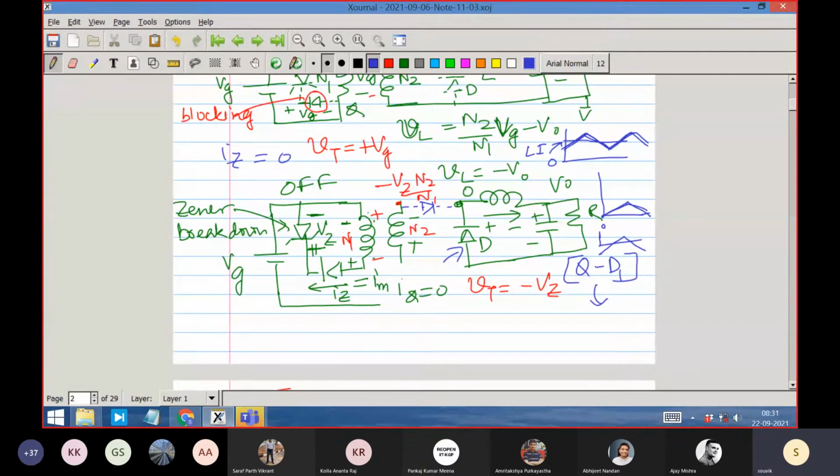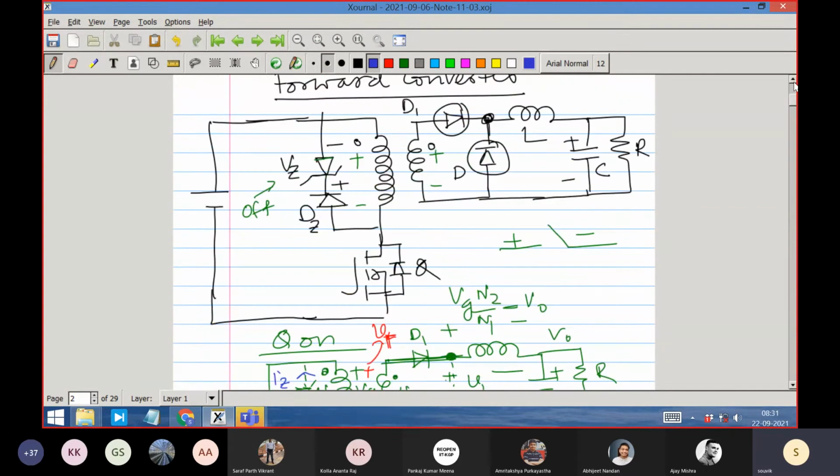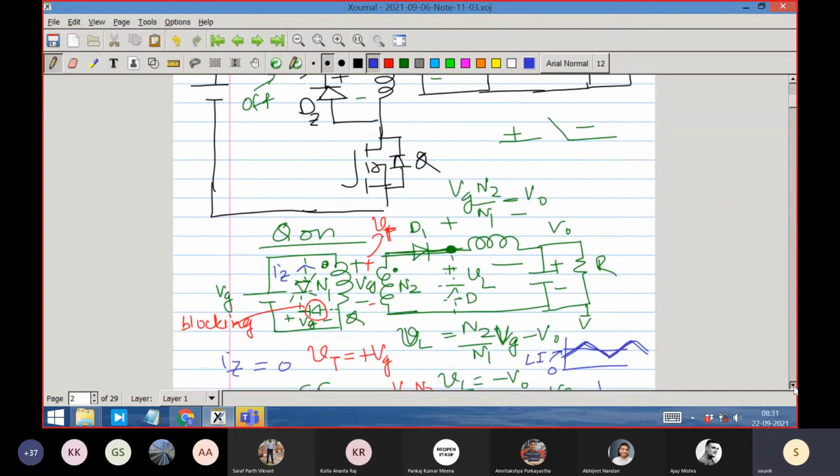But as far as the volt second balance condition is concerned, it is the same. The flux cannot continue to build. It has to be brought back to the initial value. In one case, because it is carrying the load current, its level is high. But you may say, sir, it is also carrying load current. Yes, it is carrying a load current, but only for